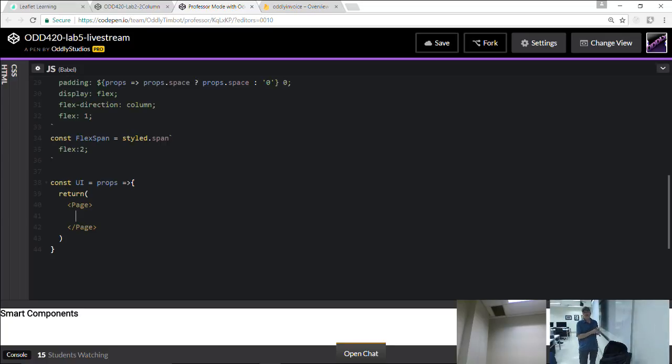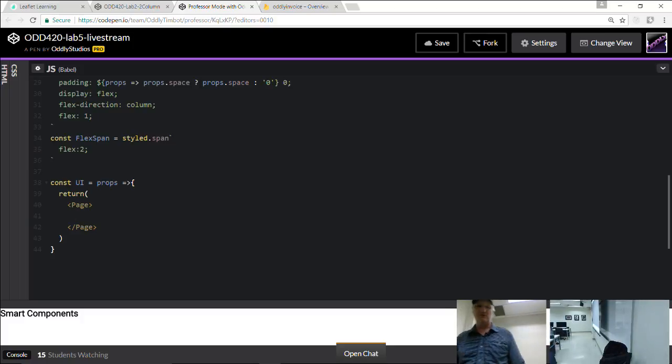So typically the way it's going to work, you'll find this pattern over and over and over again. Inside of a column, you'll put a row. Inside of a row, you'll put a column. Inside a column, you put a row. You know, you go back and forth like that. So let's put a row inside of here.